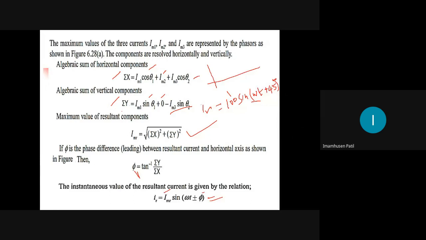It is not starting from 0. It is starting earlier, at an angle of 45 degrees. If it is minus, then it will start after 0, from here, lagging. So it has not started at 0. It has a lagging of 45. If it is minus, then you have to start from here. This magnitude should be 100, that is IMR.